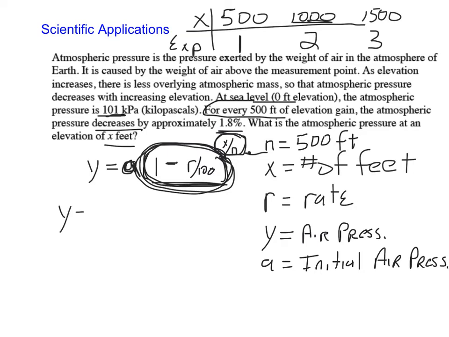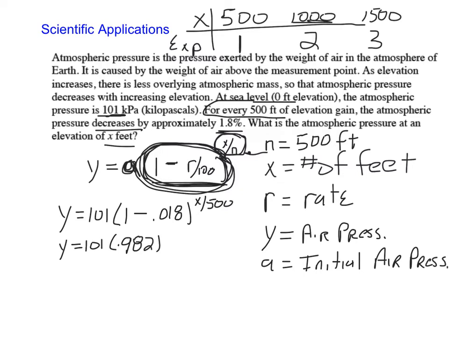So in this case, y equals my initial air pressure of 101 times 1 minus my rate of 1.8% divided by 100, so 0.018, raised to the x over 500. Now if I simplify this, y equals 101 times 0.982 raised to the x over 500,